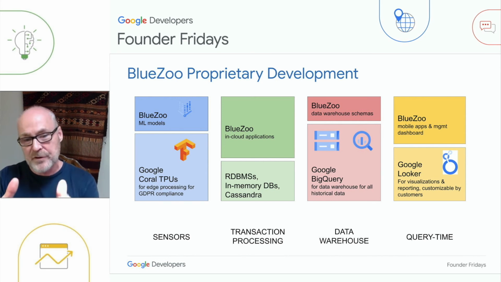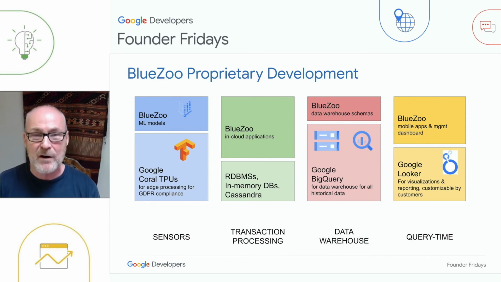When it comes to the third area, that is the data warehouse, most of the heavy lifting is performed by Google's BigQuery data warehouse software. Having BigQuery available to us means that we can store all of our data at the finest possible grain forever. And then finally, when it comes to visualization, as Dave mentioned, we use Looker to visualize the data managed by the BigQuery database in our data warehouse.